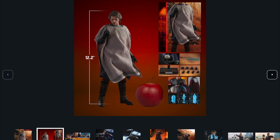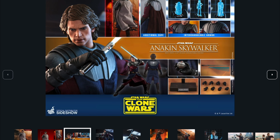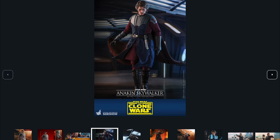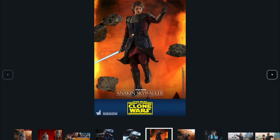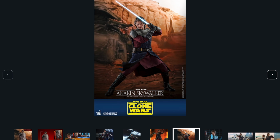Again, the Clone Wars is really beloved, and Anakin Skywalker is really beloved. So I don't think you could go wrong picking this up as your first figure. It's not bad by any means. There is another one that's currently on pre-order from the Ahsoka series, and I honestly like the former better than